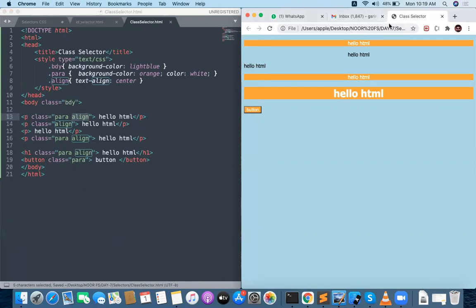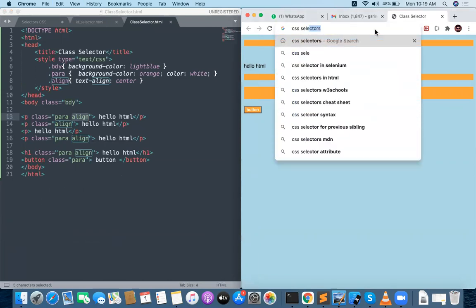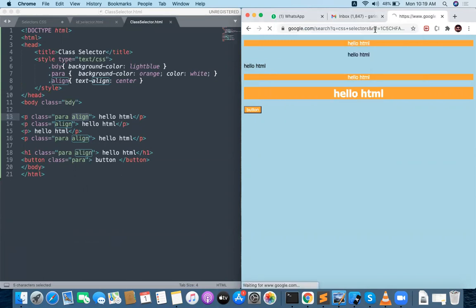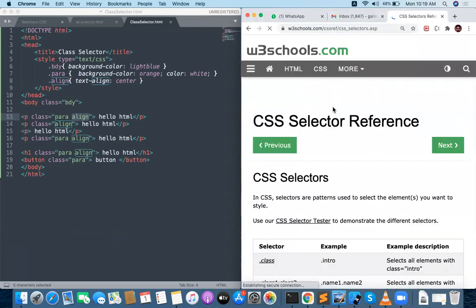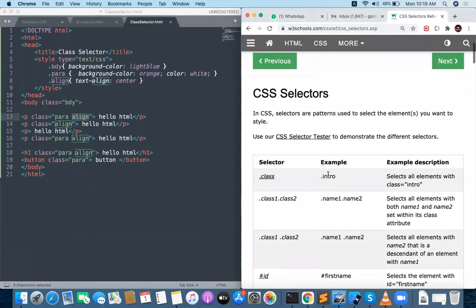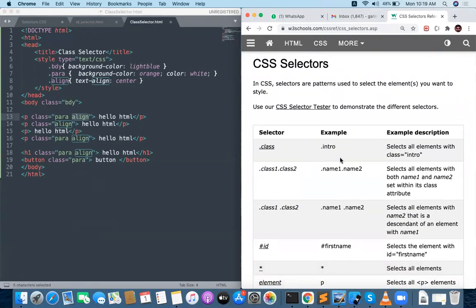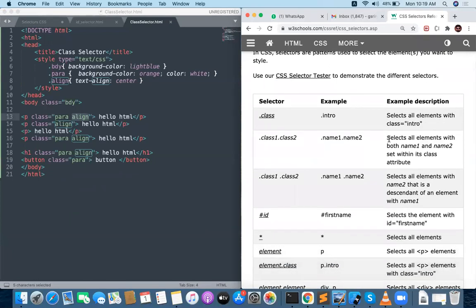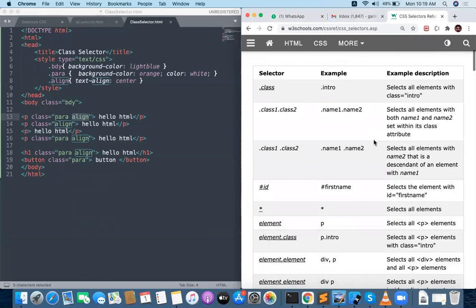Okay, we will be having a lot of CSS selectors available. Let me try to do all the things one by one now. Go to the reference of W3 Schools. You can find a number of selectors which are available. The first one, the class selector, we have done, and the second one is called a group selector. This is also done. So what is the group selector? I can provide multiple classes at the same time. So dot class one, dot class two.